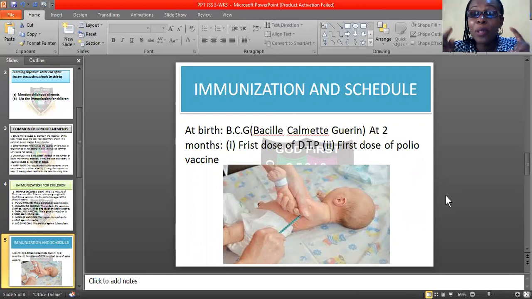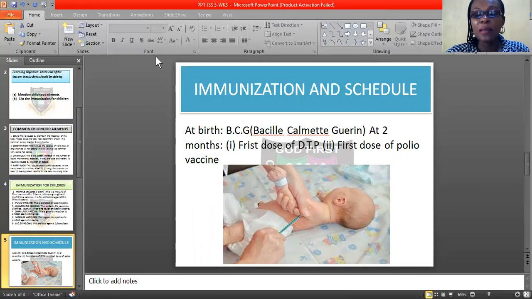The child needs it to prevent tuberculosis. If somebody that has tuberculosis comes to visit the child, this child will be infected with tuberculosis. So we call it BCG. Remember the full meaning, as I said, it is called Bacille Calmette-Guérin. That is the full meaning of BCG. And a child can take this vaccine immediately after birth, or it can be taken at 2 months. And as the child is taking it, then the first dose of